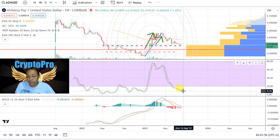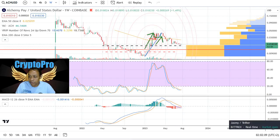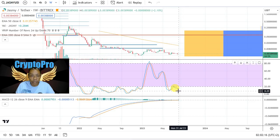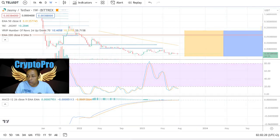Don't take that with a grain of salt. I had sold it for like a double or triple, but I'm probably going to buy it all back because of this crossover here. So I think I sold it at 3 cents, 3.5 cents, so I can double it and just buy it back. Jasmy, the crap coin, has a crossover, is looking like it's poised for a breakout pretty soon. Telcoin,